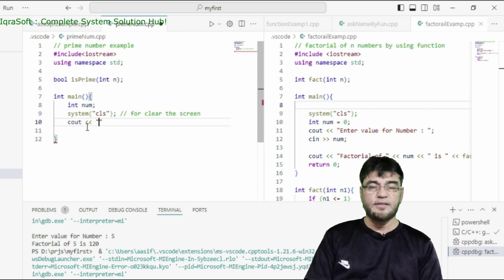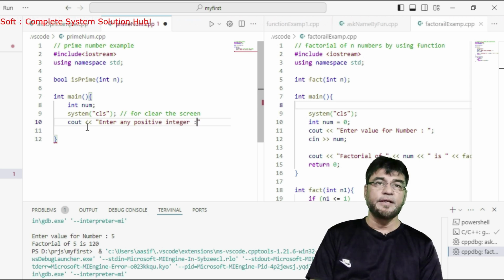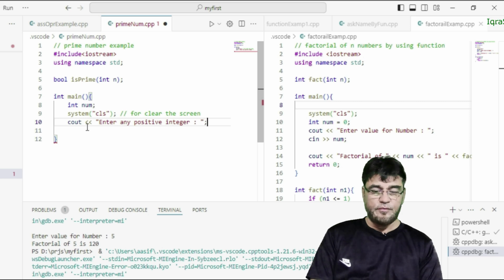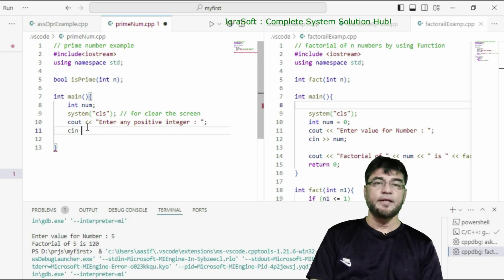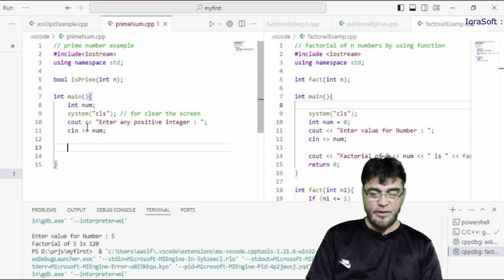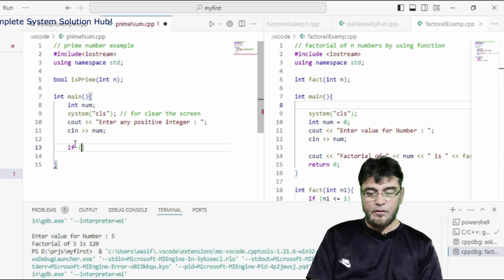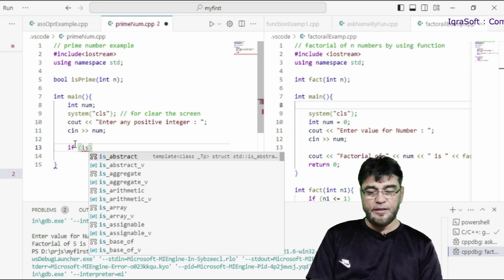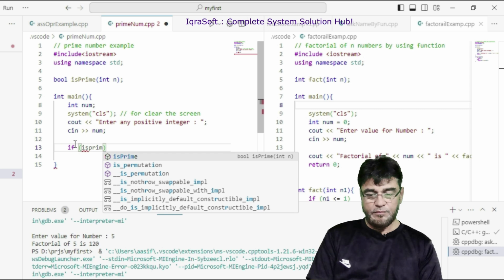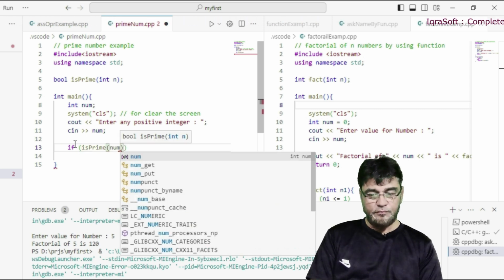cout << "Enter any positive integer"; cin >> num; press enter key. if (is_prime(num))